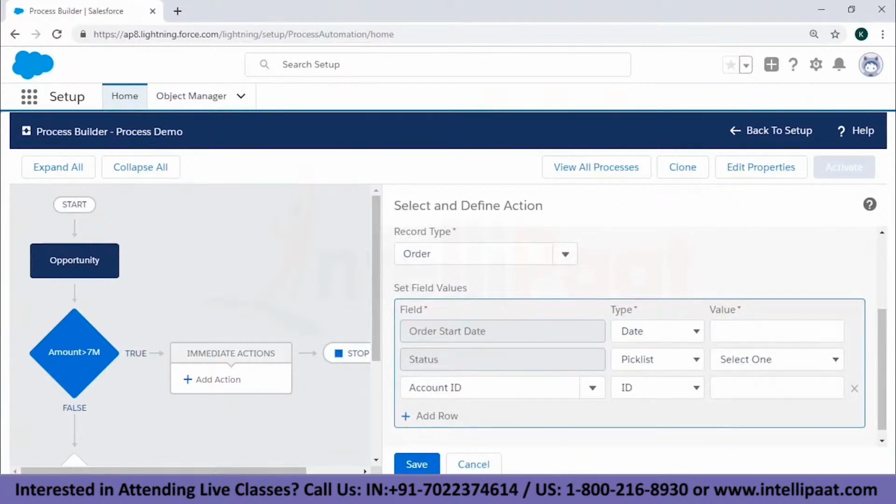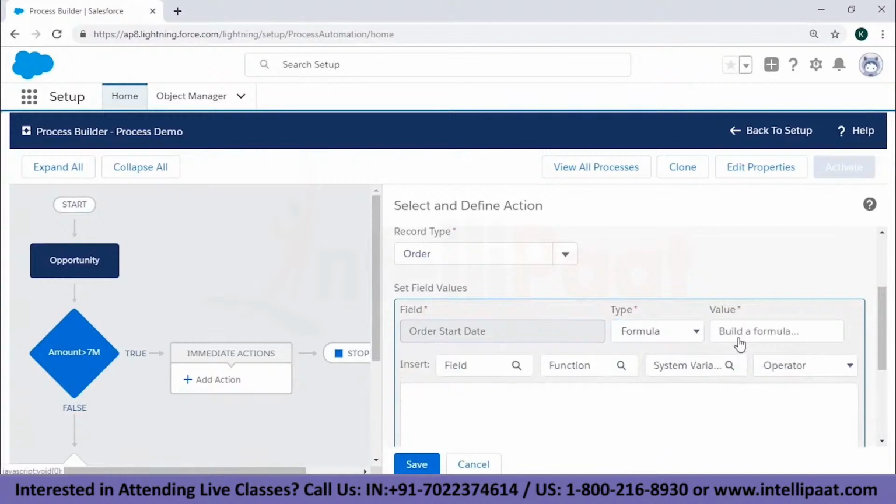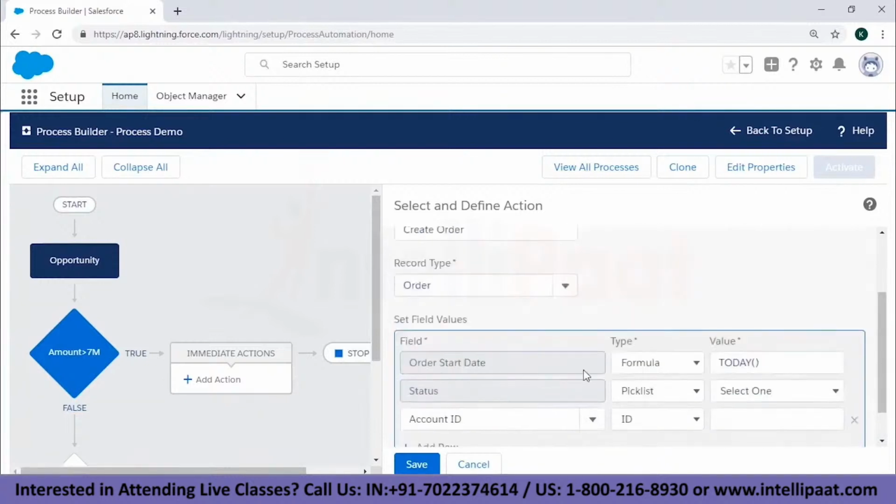For the set of field values, the first field is already there, order start date, and the type, we want to set as formula, and in that we're going to enter today. We're going to say use this formula, and then the second field says status, and the type says pick list.